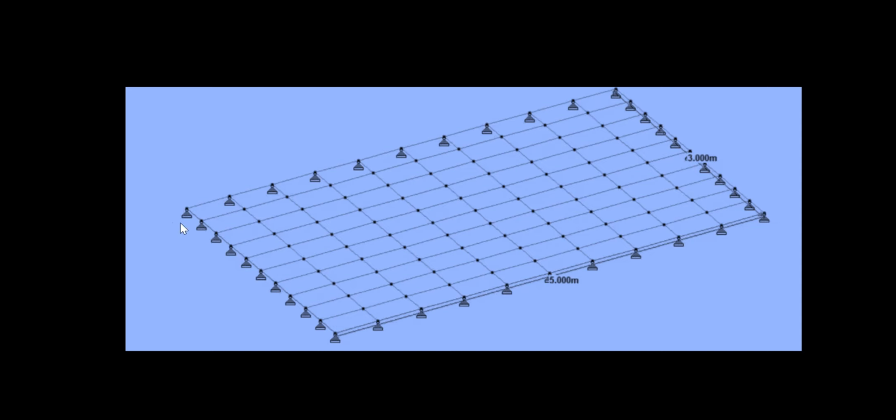So you can see here the supports, it is supported on all the four edges. These small things tell the restraints, that is the supports. When I apply a load, the deflection is going to take place in this direction. That is, there is bending significantly in the x direction as well as in the y direction. As a result, I need to provide the reinforcement in both the directions. That is the main difference between the one-way slab and a two-way slab.